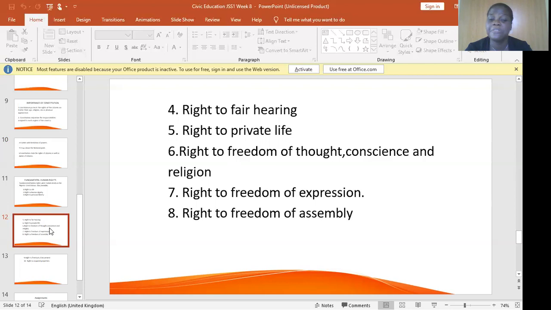You have the right to freedom of expression. You can talk, you can express your point, but you express it constructively. And you have the right to assemble. Yes, it is your right to assemble. But at this point in time, you also have the right to leave. So if you want to assemble, you must observe the social distancing that the government has commanded everyone to keep from one another so that you will not transfer the virus.